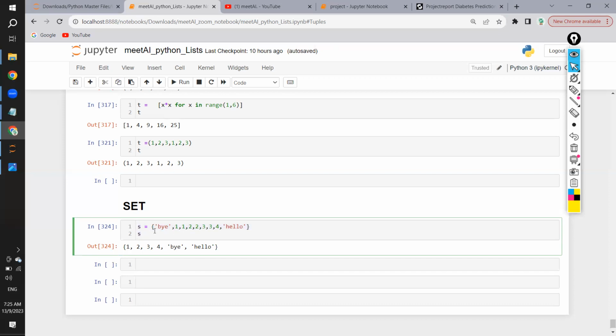So this guy, now the order is not preserved. See the order that I'm giving. If you see, the order is different, right? Buy is coming over here, and one is going to the first, and duplicates are removed. So it is one of the properties. The fundamental properties of set you need to understand here: first, duplicates